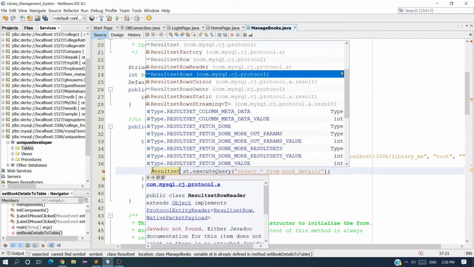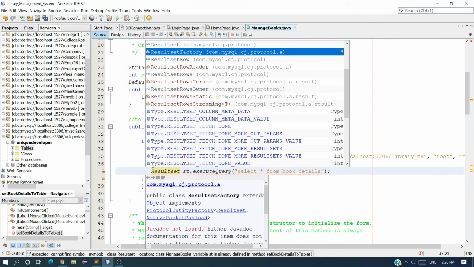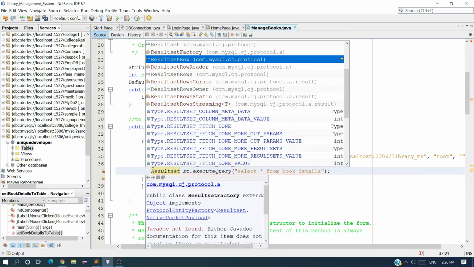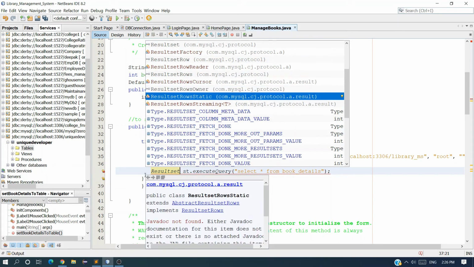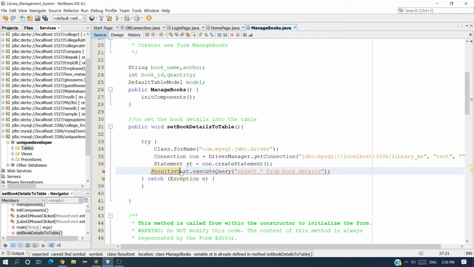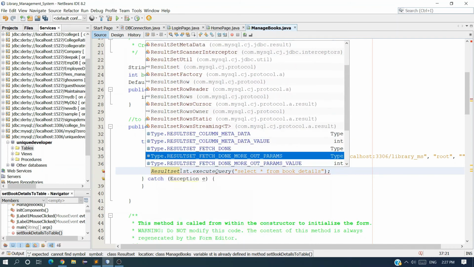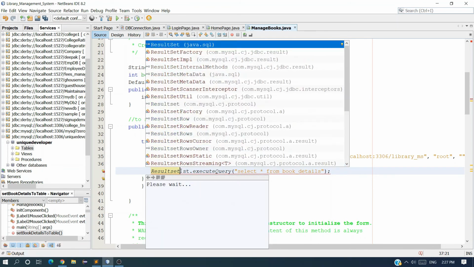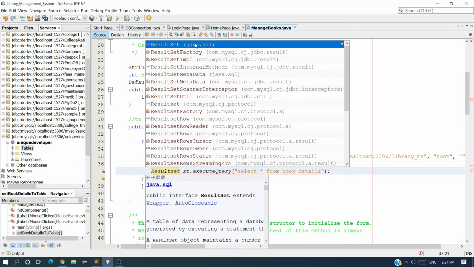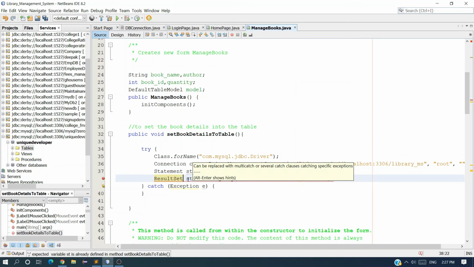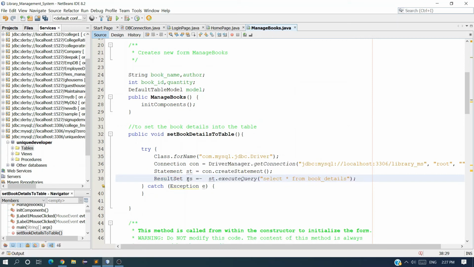Import this ResultSet, which is the java.sql package ResultSet, and selected ResultSet rs is equal to this.